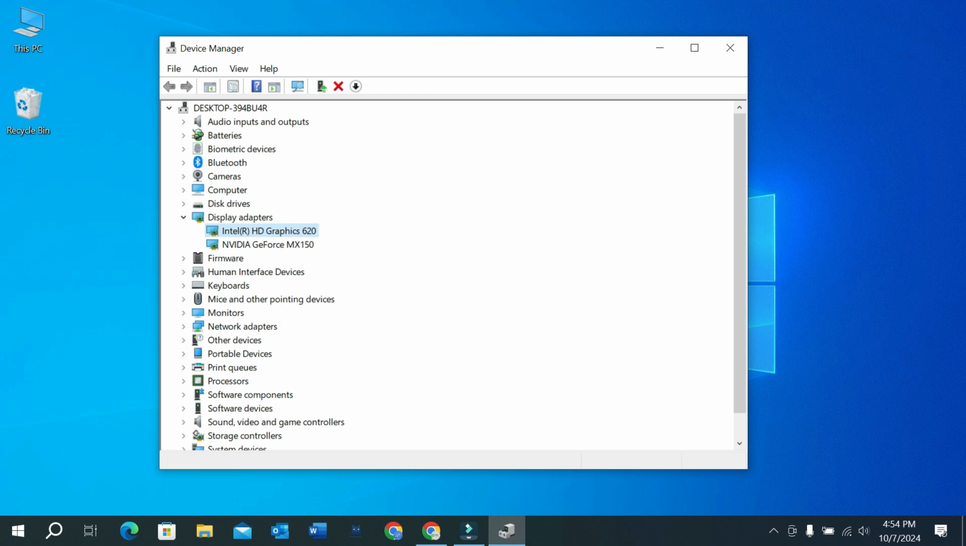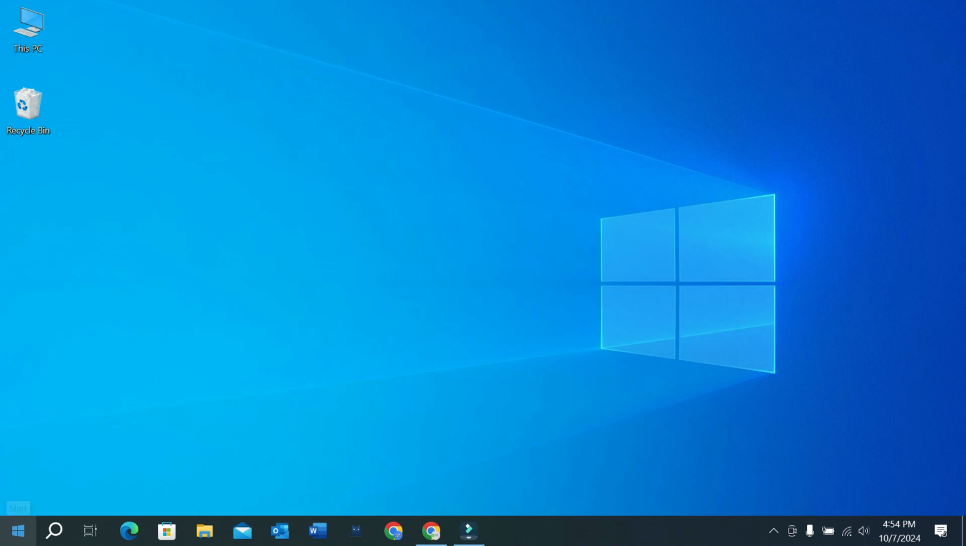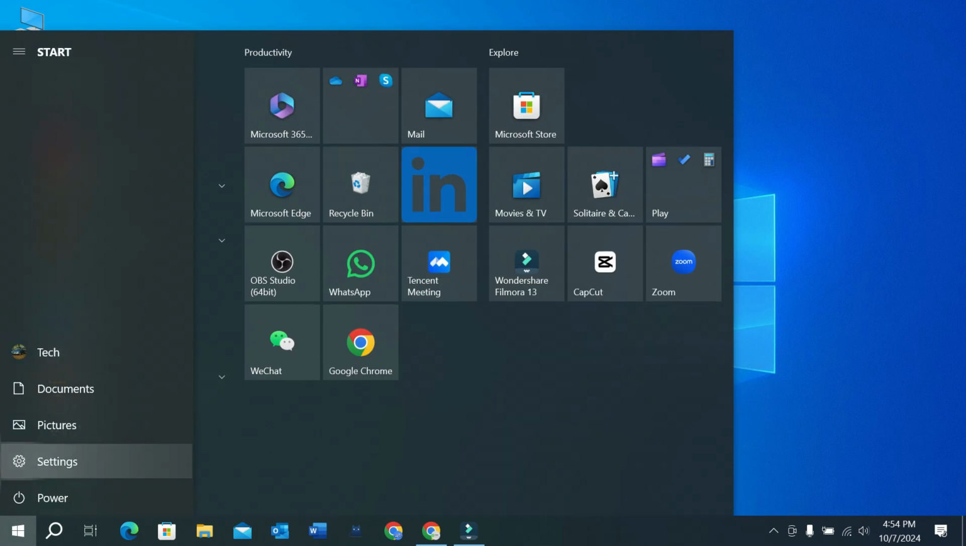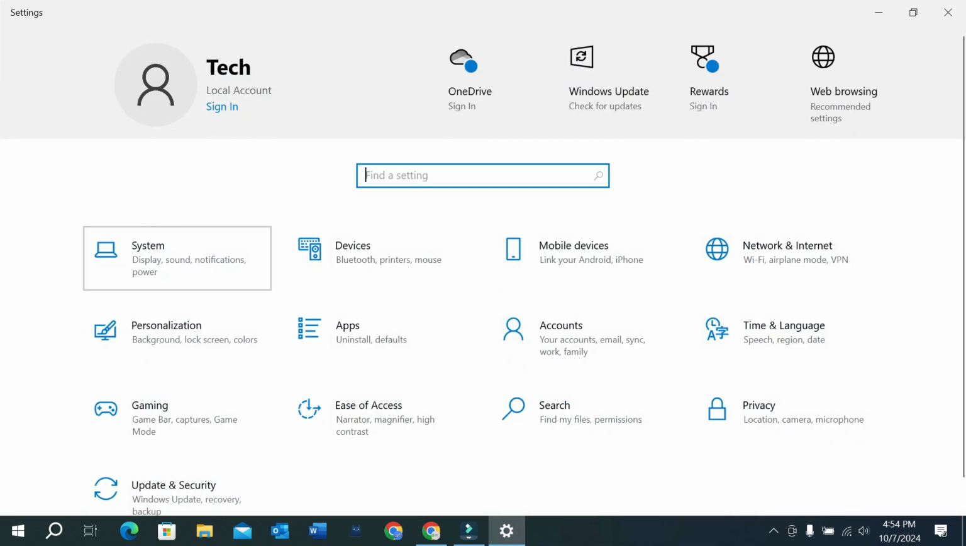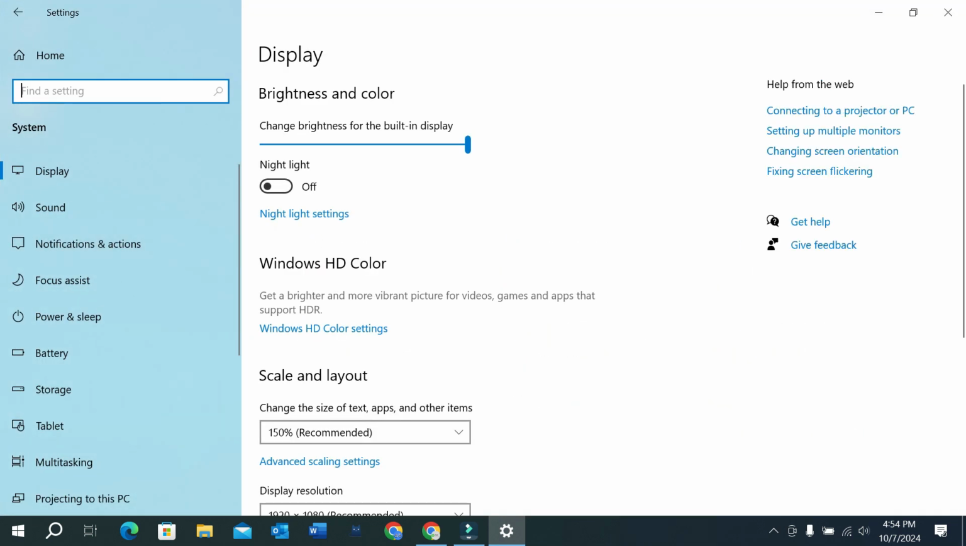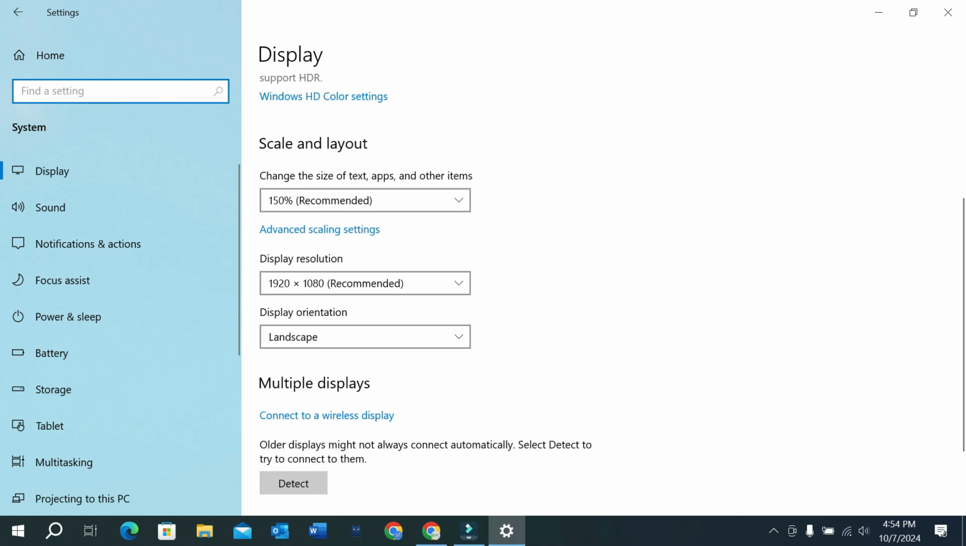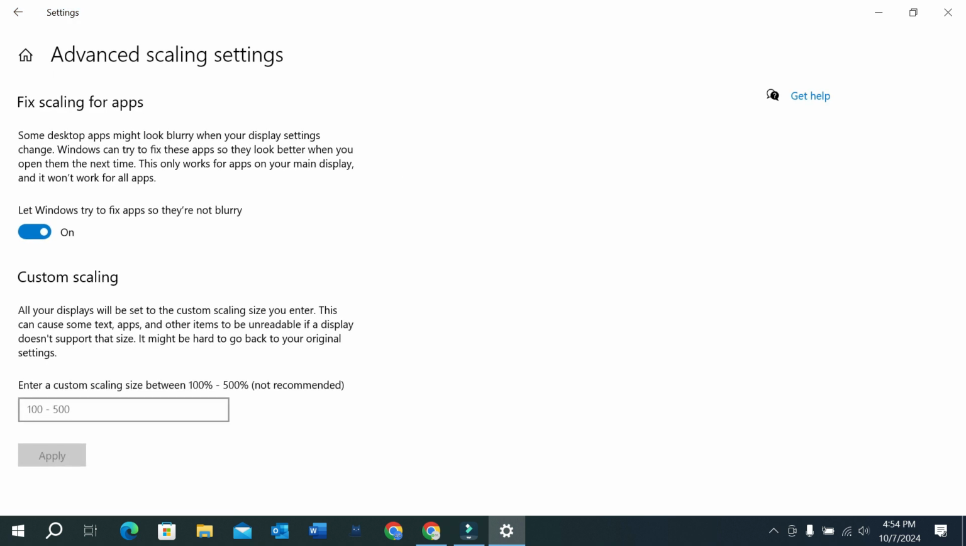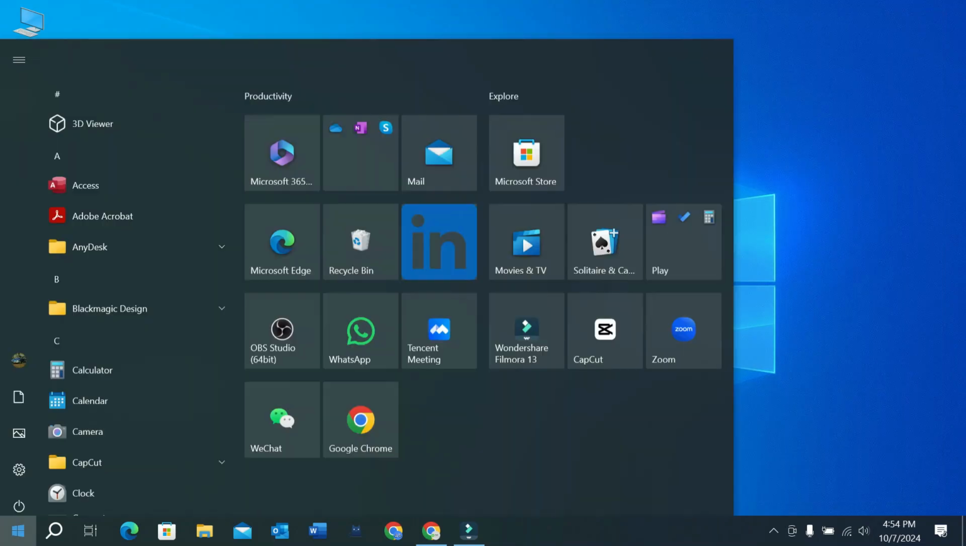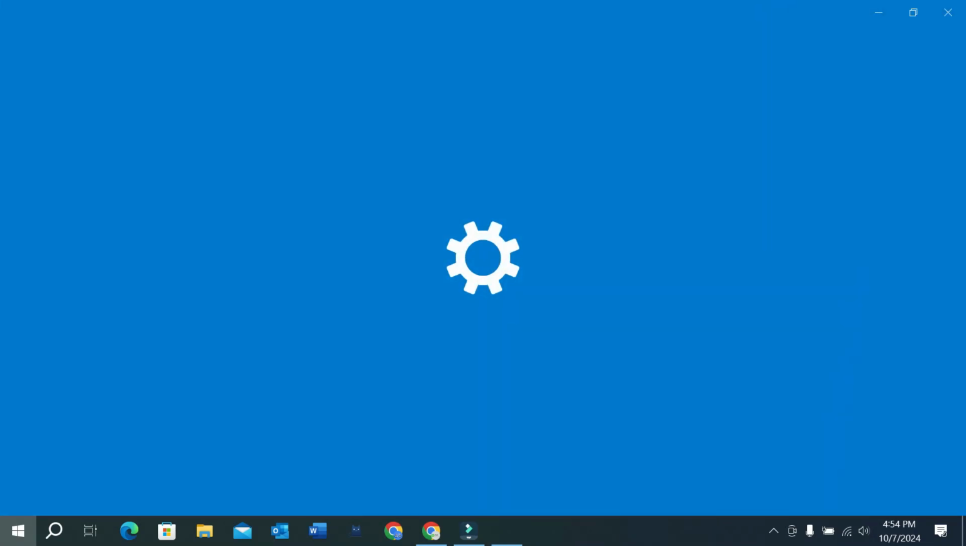So after updating your driver, let's go back and select your Windows icon, select settings gear, select system, and then you can find the option advanced scaling settings. Select it and make sure this option is on. Let Windows try to fix apps so they are not blurry. So you just need to enable this option, and then let's go back again, open your settings